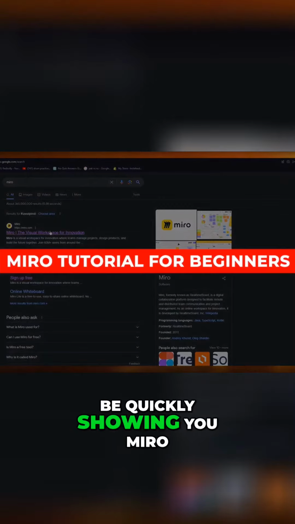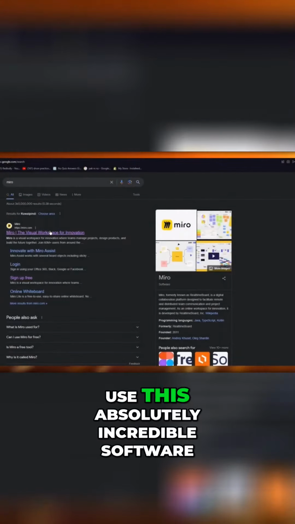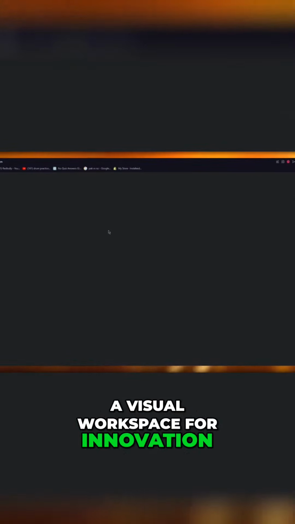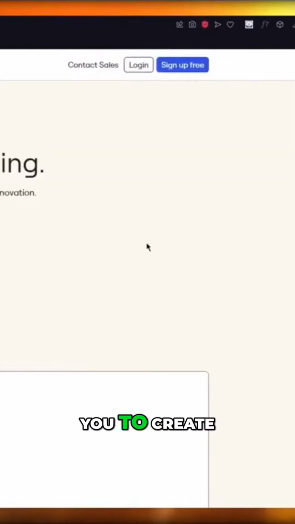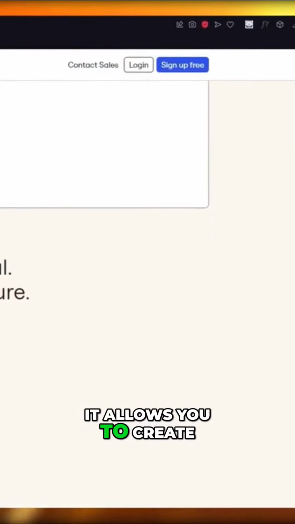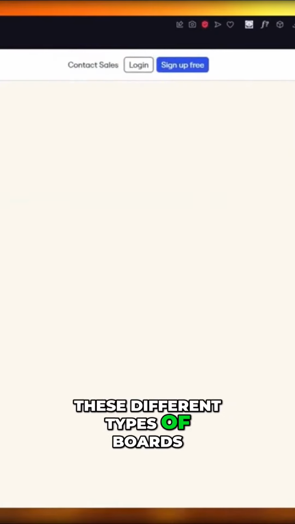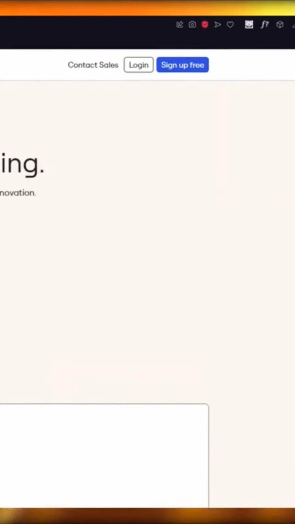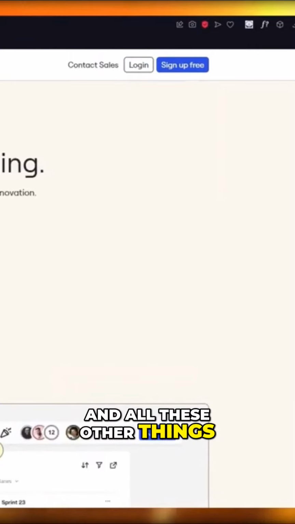Video, I'm going to be quickly showing you Miro and how you can use this absolutely incredible software for yourself. Okay. So, Miro is basically, as it says, a visual workspace for innovation. So, Miro allows you to create these different charts, it allows you to create these different types of boards. Okay. And in those boards, you can use different elements like shapes, sticky notes, and all these other things to